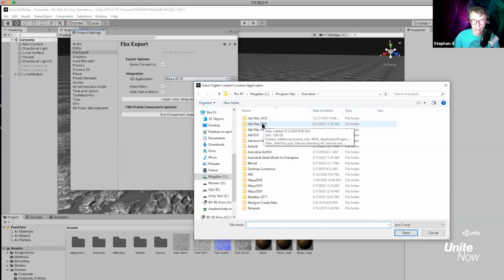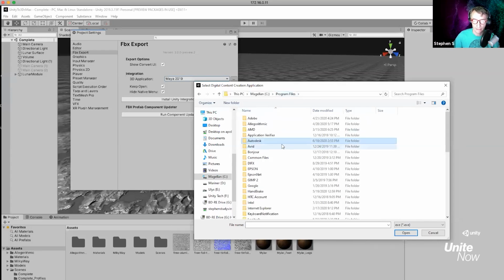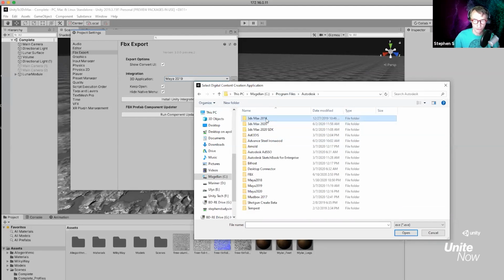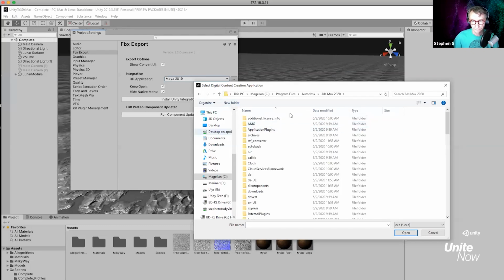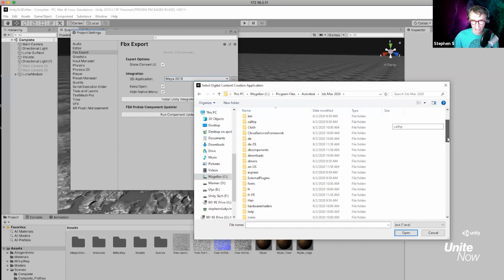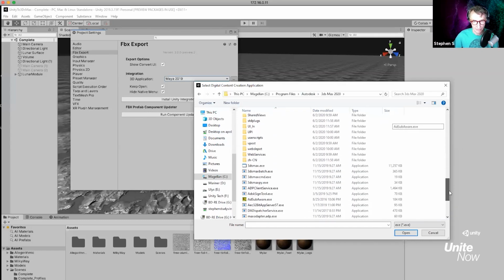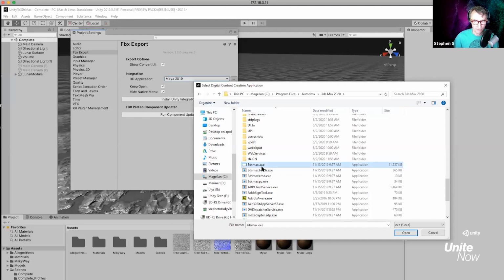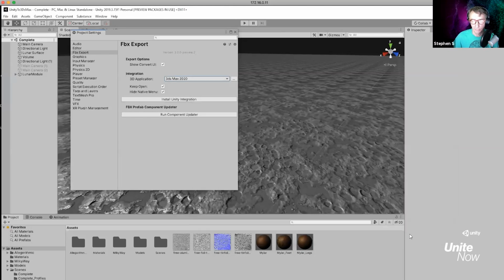You're going to find the 3ds Max 2020 application folder. It's under Program Files and under Autodesk. That's usually where I find it. So Program Files, Autodesk, 3ds Max 2020. You also notice I have 2018 installed, and it wasn't showing up in the menu either. But that's okay, it's easy to add. So I open up the folder, scroll down, find where it says 3dsmax.exe, and click Open. It doesn't open the application right now.